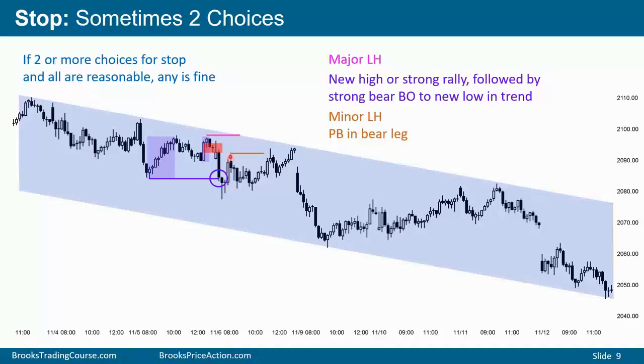The bears can argue that it's a strong enough reversal down so that they do not want the rally to go above this high, but it's really a minor lower high. It did not break strongly to a new low, did not have consecutive big bear bars. Therefore, if it goes above this high, some bears might get out and sell more on a reversal down, but it's also reasonable to use this high for the stop, put a stop just above this high, because this clearly is a major lower high.